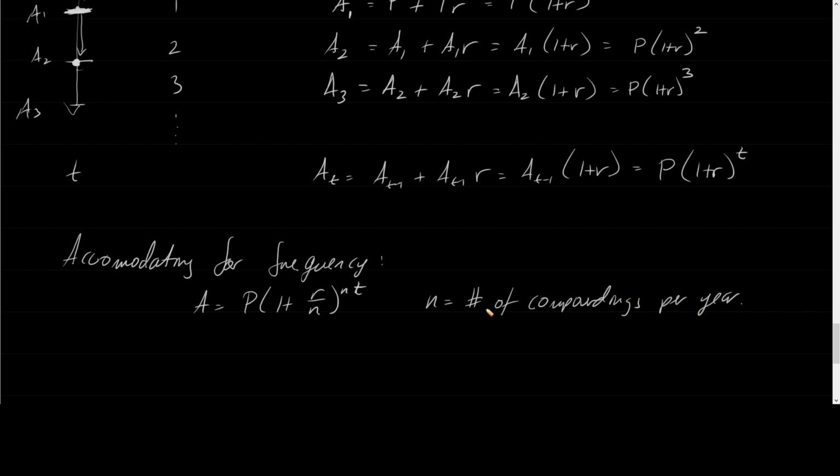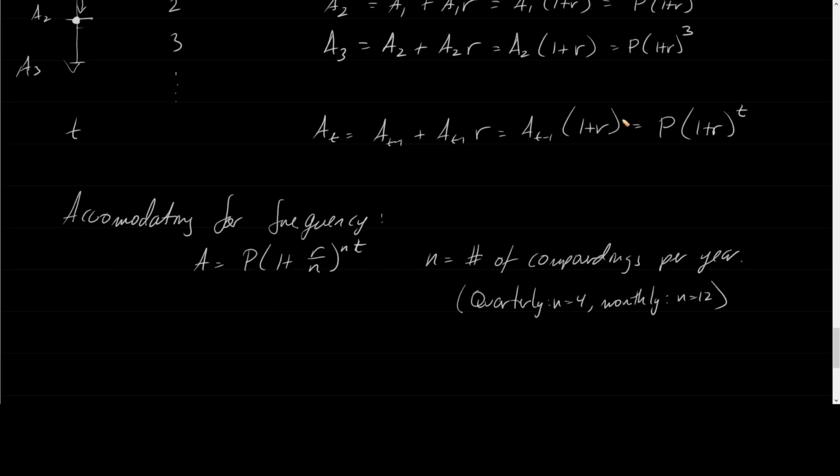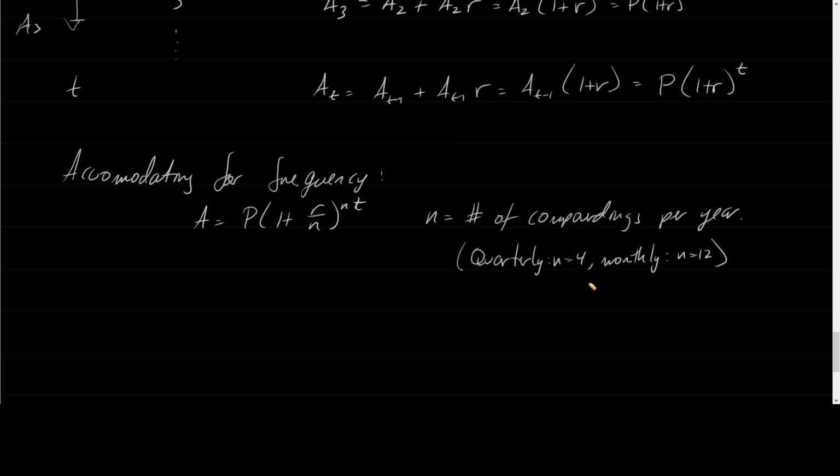And what do we mean by that? Well, for example, if it's quarterly, N equals 4. If it's monthly, N equals 12. So on and so forth. All right. But essentially, that's what that does for us. So we're accommodating this format into here for the number of compoundings per year. Now, let's